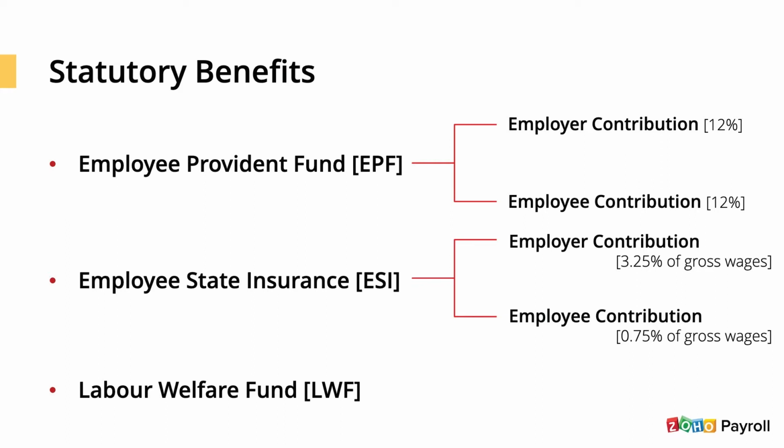Next is Employee State Insurance. This scheme provides employees and their dependents with health insurance policies at lower premium rates. Employees earning a monthly income of Rs 21,000 or less are eligible for the scheme. The revised overall ESI contribution rate is 4%. Of the 4%, 3.25% is the insurance premium borne by the organization, and the remaining 0.75% is borne by the employee.